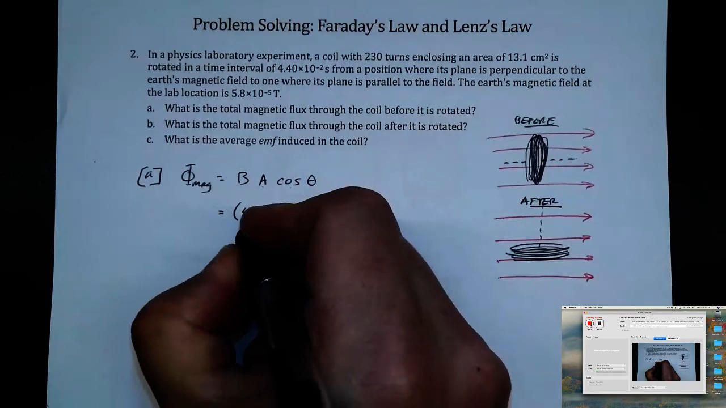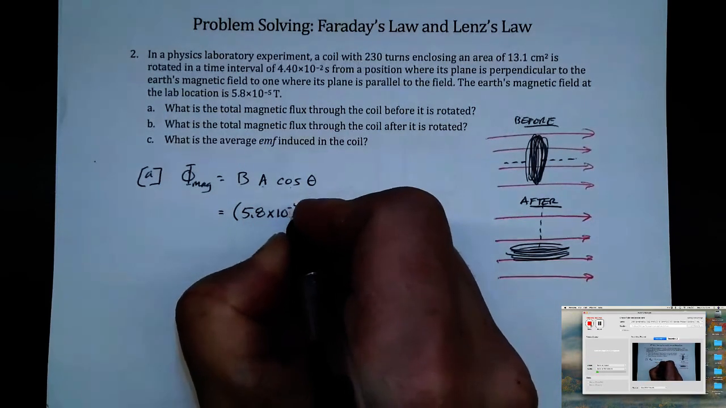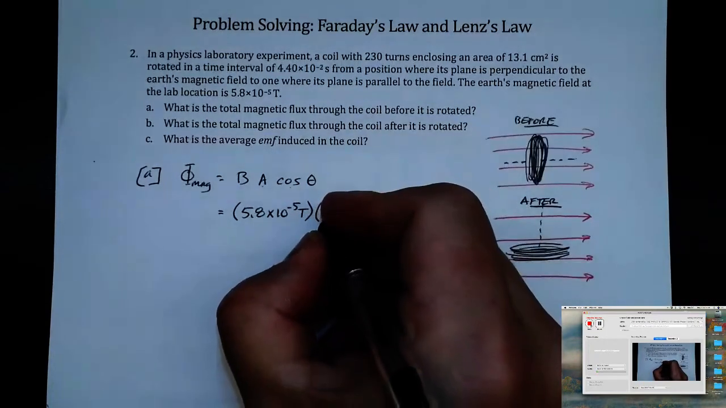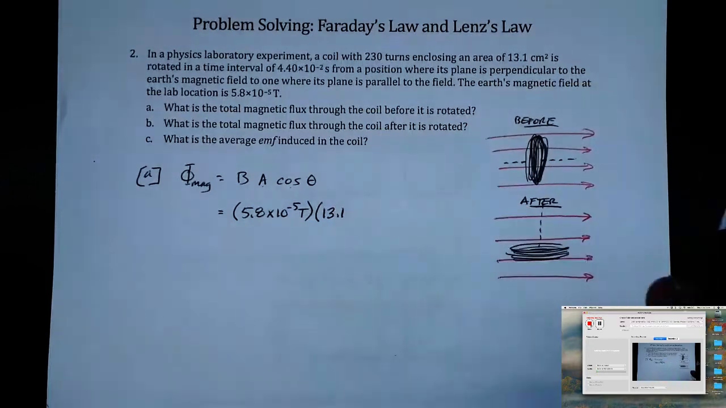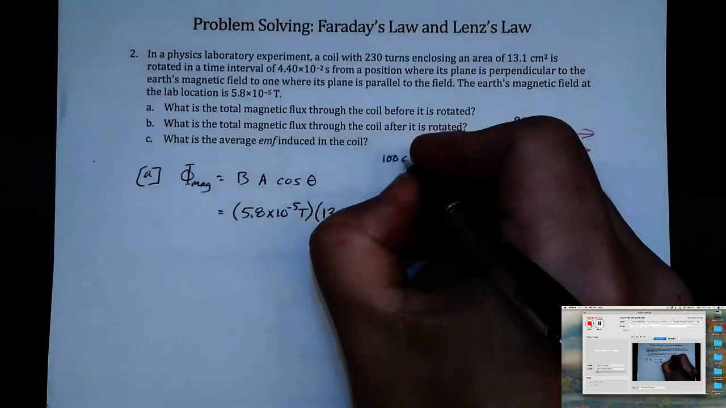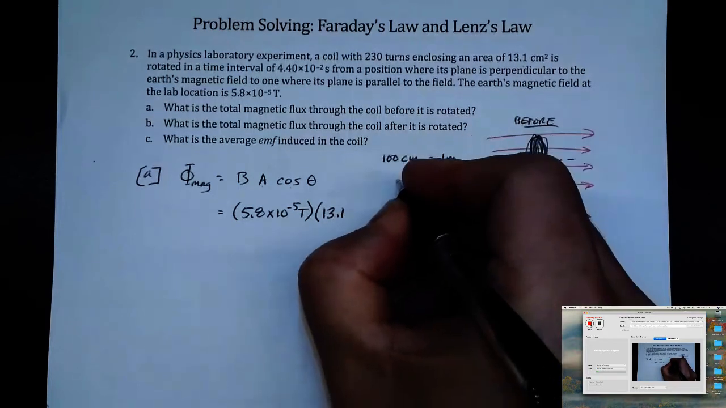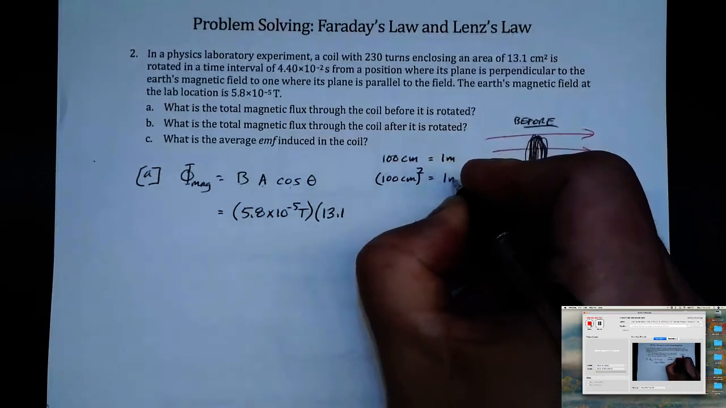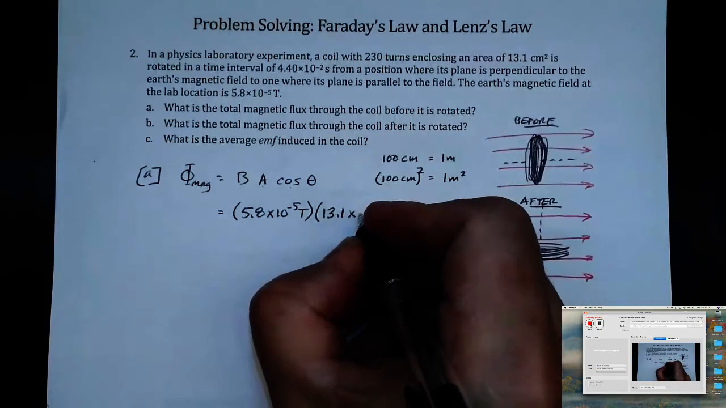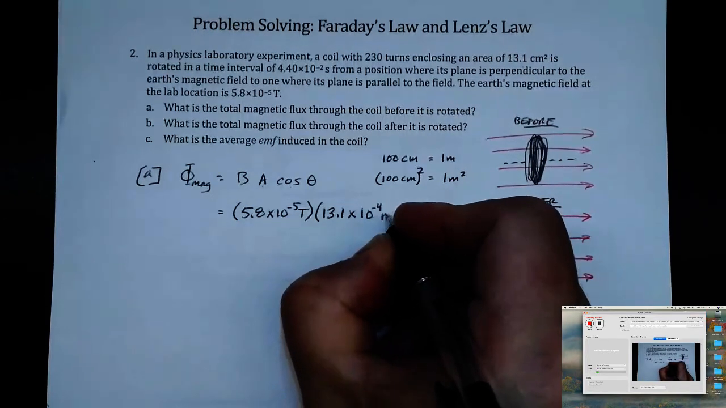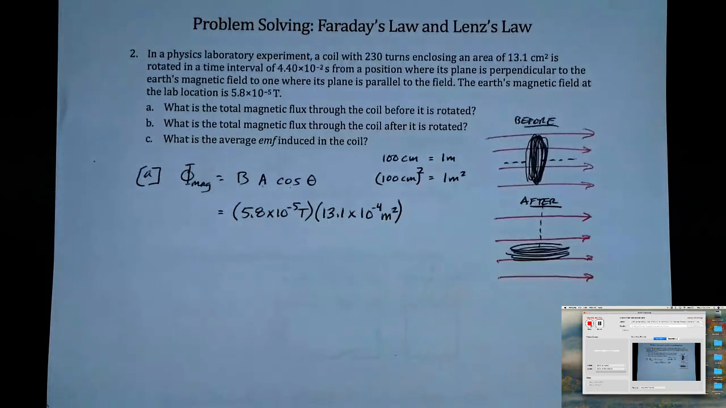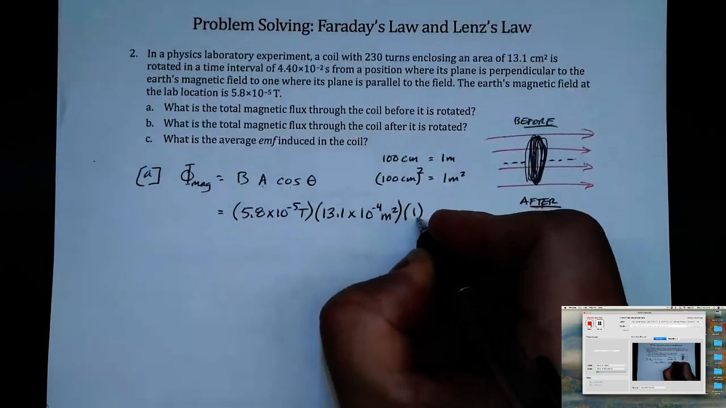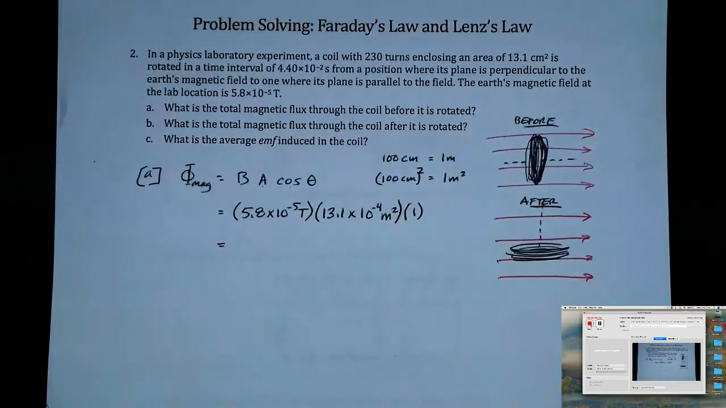So that is 5.8 times 10 to the negative 5th Teslas. The cross-sectional area is 13.1 square centimeters, but we're going to have to do a little bit of conversion. There are 100 centimeters in 1 meter, so that means there are 100 centimeters all squared in 1 meter squared, which means this is going to be 13.1 times 10 to the negative 4 square meters for cross-sectional area. And the initial angle between that axis and the magnetic field is 0, so cosine of that is 1, and